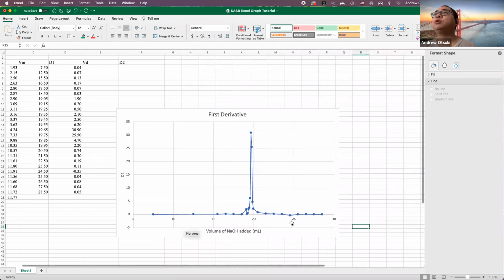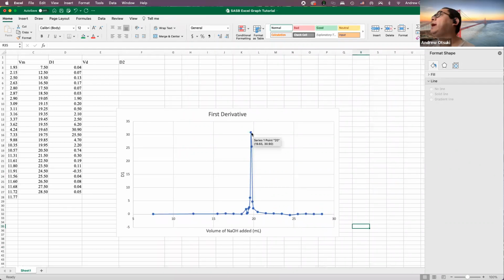All right. So this first derivative, the highest point is your equivalence point. So compare that to what you did in your calculations for the average molarity, where you found the equivalence point and determined the concentration of HCl. So see how that compares to your equivalence point. Okay, so your equivalence point should be at 30.9 mL. No, sorry, not 30.9, but